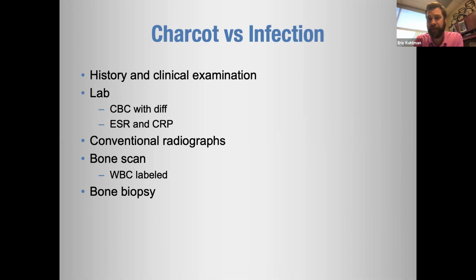Now, typically, you're going to order x-rays. These x-rays might be, once again, non-definitive. They might look like WW, where you have those really minimal changes. And so sometimes, like in that classic case I gave you, we'll go forward with the bone scan. Sometimes you'll order a white labeled blood cell scan just to be super safe. But the gold standard, if you want to differentiate between Charcot and infection, is truthfully getting that bone biopsy,